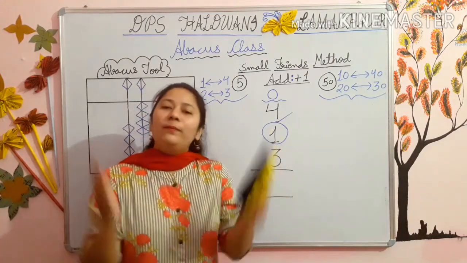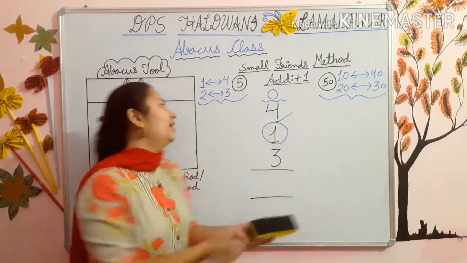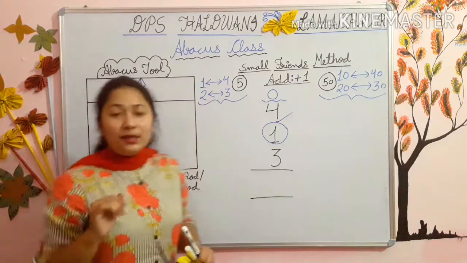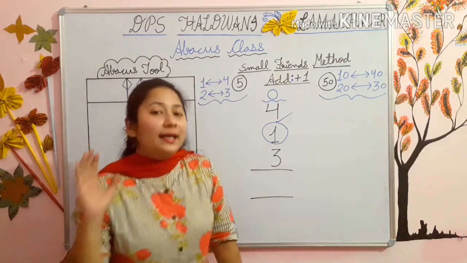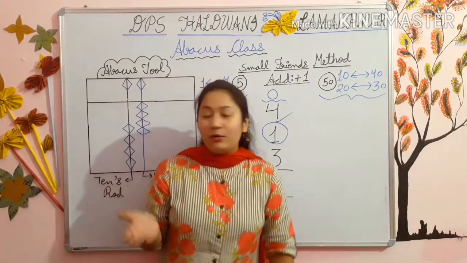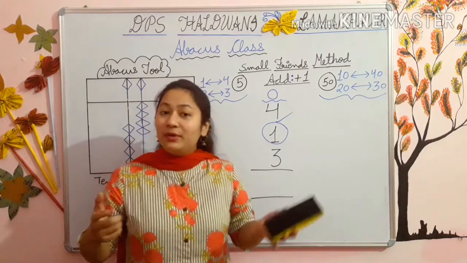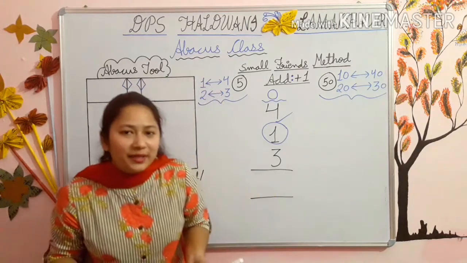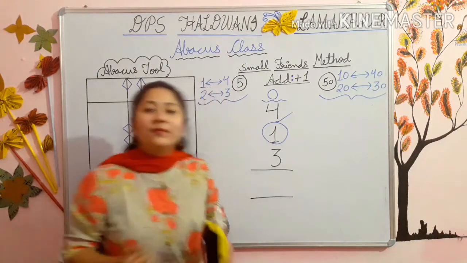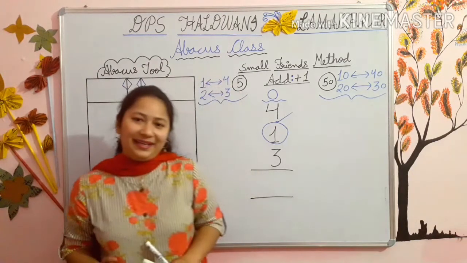जब आपको कोई बीड ऐड करनी होगी और बीड आपके पास नहीं होगी, so at that time you will go for friends. See, when you get in any trouble in the school, जब आप स्कूल में किसी ट्रबल में आ जाते हैं, कोई परेशानी में आ जाते हैं, और you don't have pencil and you don't have eraser, so what you do at that time? आप क्या करते हैं उस टाइम पे? You go for the friend's help. Yes, आप अपनी फ्रेंड के पास जाते हैं हेल्प के लिए.